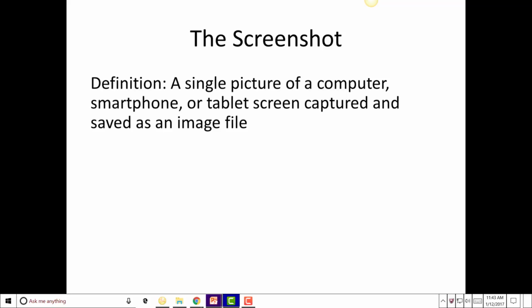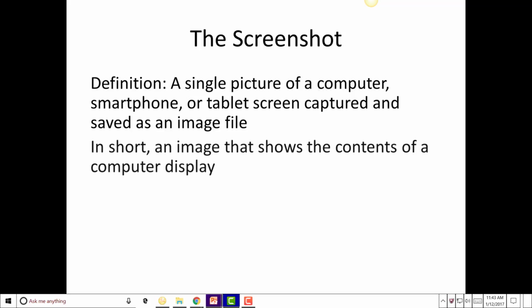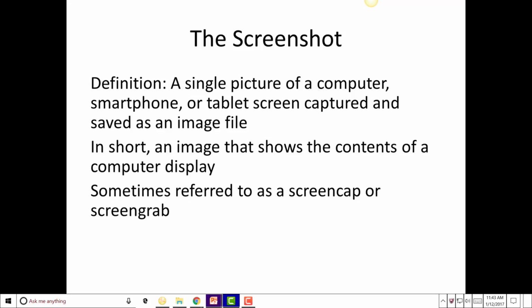It is basically a picture of your computer, what you see on the screen, the smartphone, or the tablet screen, and it's captured and saved as an image file. That would be a screenshot. It's an image that shows the contents of your display. It's sometimes referred to as a screen capture, screen cap, or screen grab,